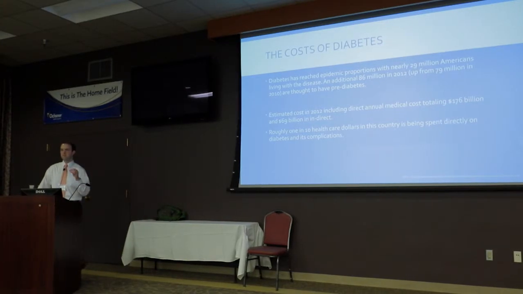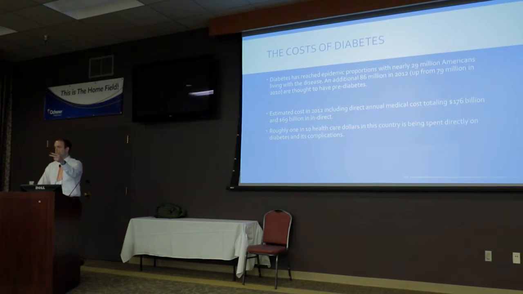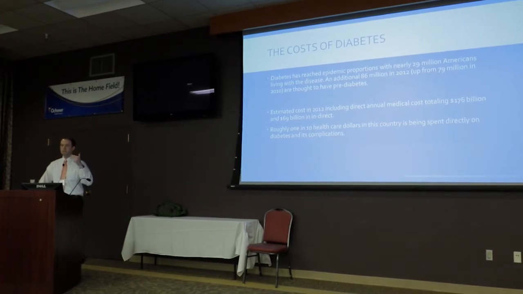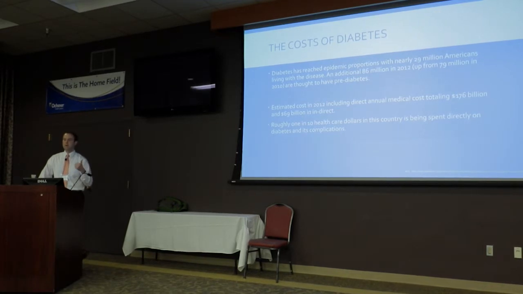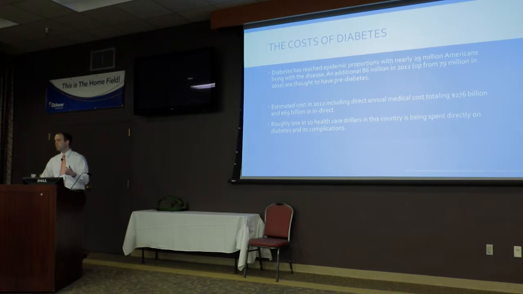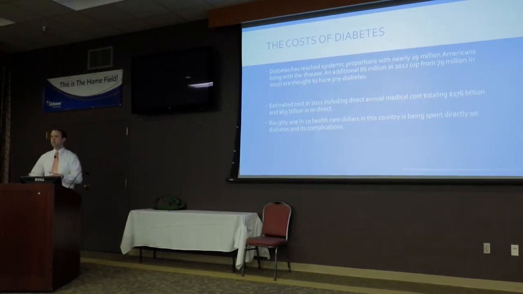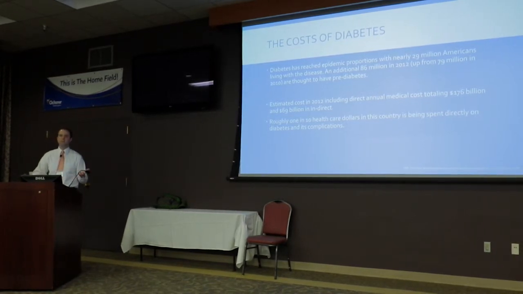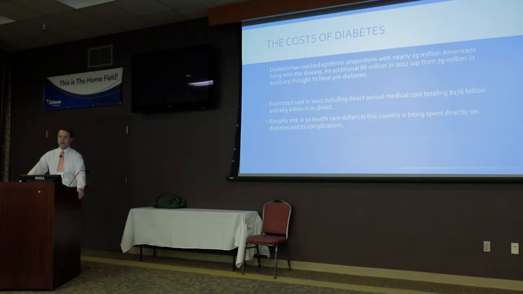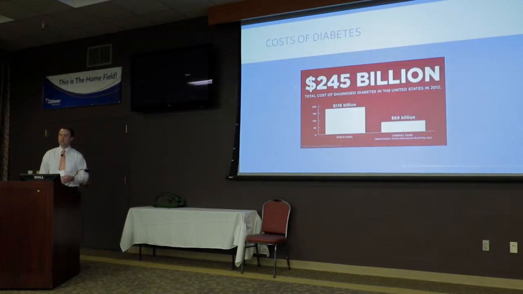So direct costs being emergency room visits, medications, going to the doctor, yearly, twice a year, 3 times a year, blood tests, and indirect being like absenteeism, just not being able to perform at work, unemployment because of complications with diabetes or other things like that, or some people are wheelchair bound because of amputations. It's hard to perform at some jobs whenever you have those kinds of issues, and roughly 1 in every 10 healthcare dollars in this country is spent on diabetes and its complications.